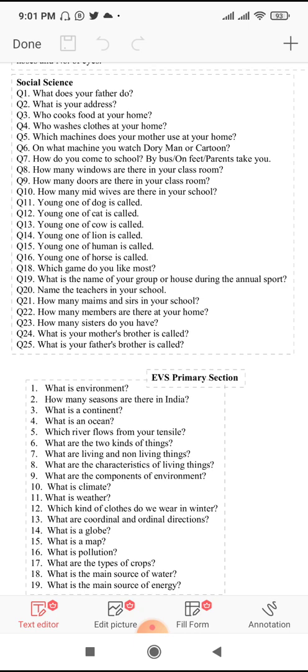You have to write. And what is the name of your group of house during the annual sport? Annual sport के टाइम आपके ग्रुप का नाम क्या था? Okay, name the teachers in your school. आपके स्कूल के टीचर्स के नाम लिखना है. How many